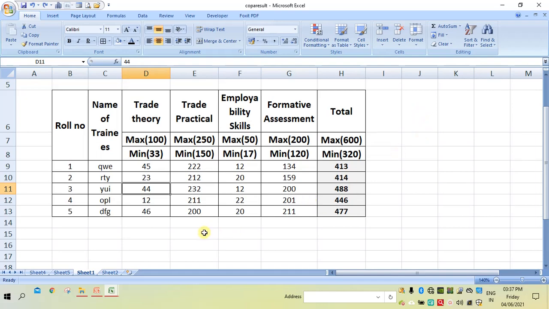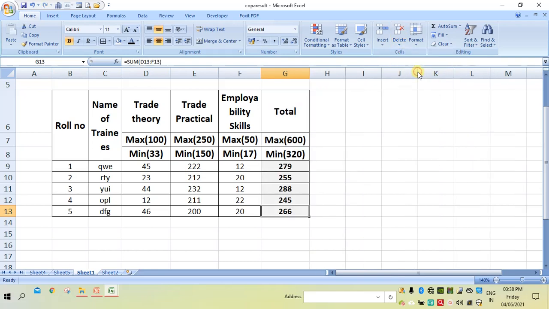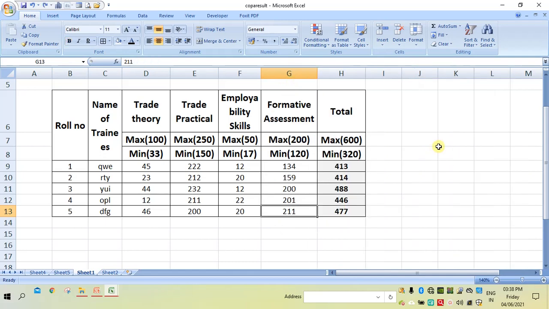Next I want to delete this entire column. To delete the entire column, select any one cell from that column. I select this column, go here and then delete sheet column. This way we can delete.